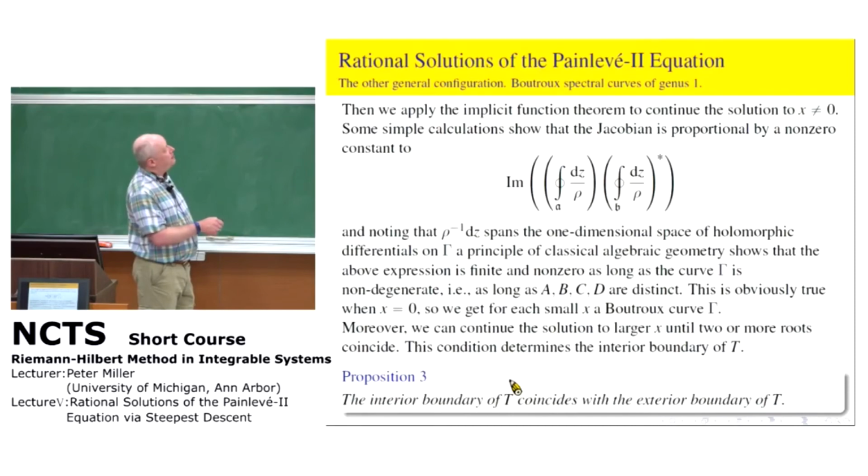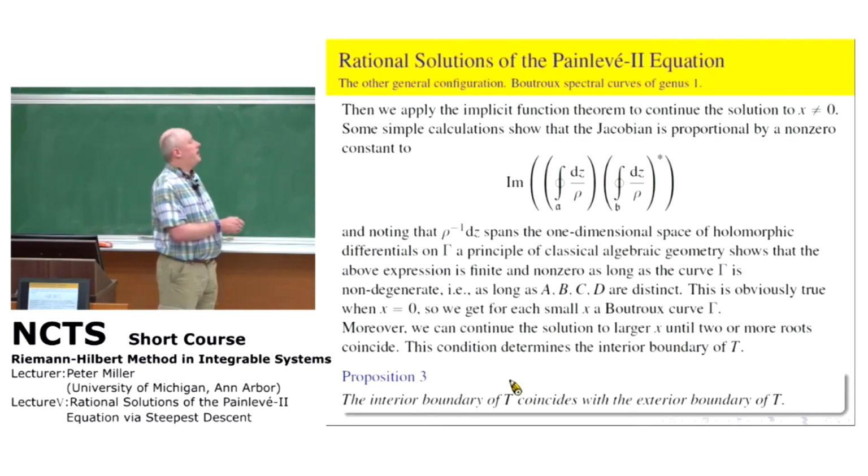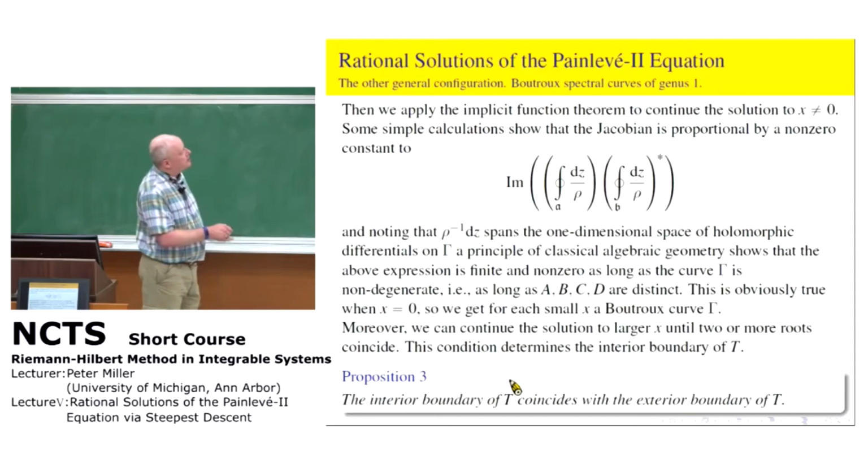So we just apply the implicit function theorem. And so some simple calculations that I'm not showing you here will compute the Jacobian of this system of equations on A, B, C, and D. And the Jacobian, taking into account those Boutroux conditions, is proportional by some non-zero constant to this expression here. So it's the imaginary part of the product of an integral over A of dz over rho, which is the square root of our quartic, and the integral over B, the other homology cycle, of dz over the square root of the quartic,